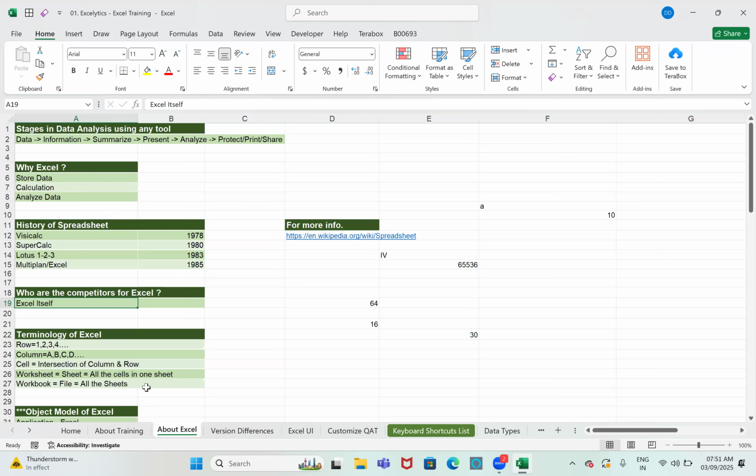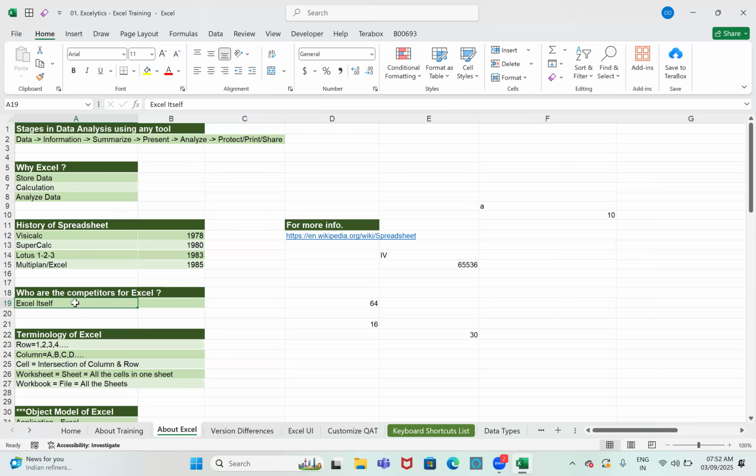Okay. And the first purpose is calculation, right? To write some formulas, usually we use Excel. Who are the competitors for Excel? Excel itself, because every time they introduce the next version, they implement more features.